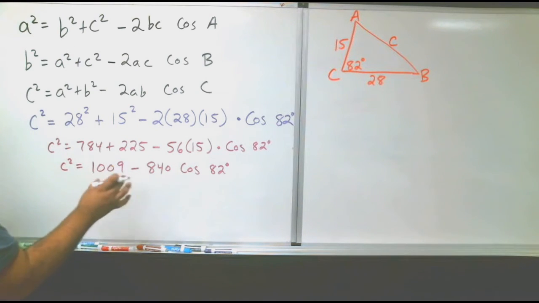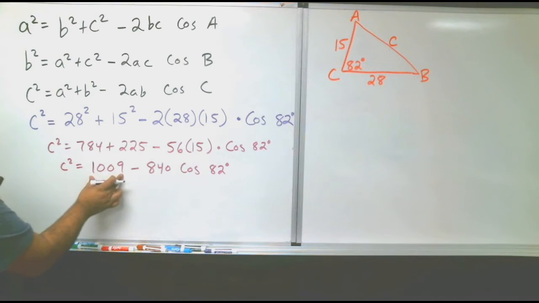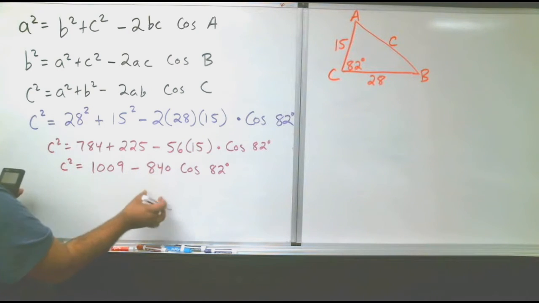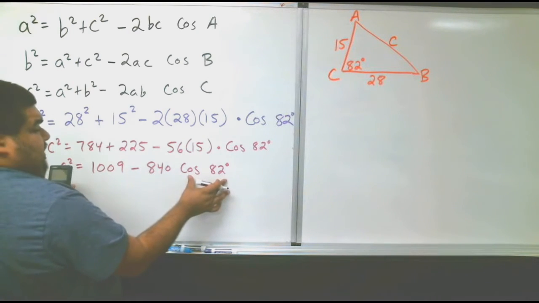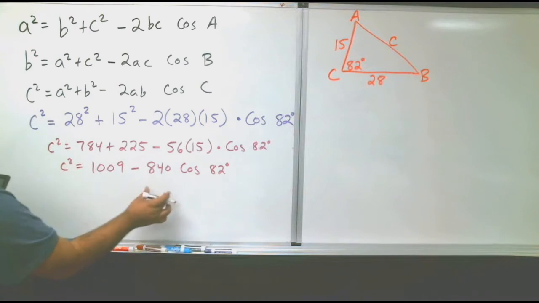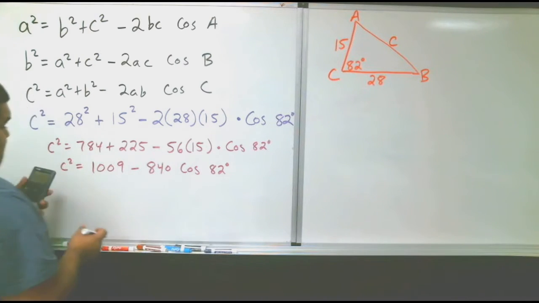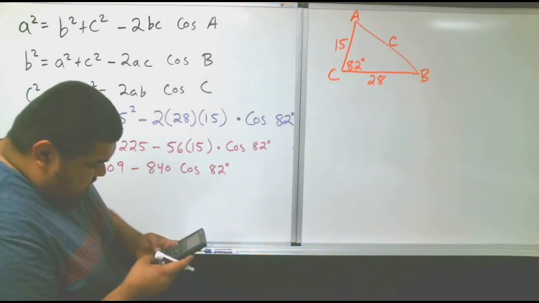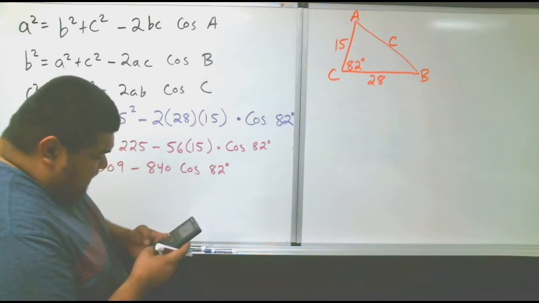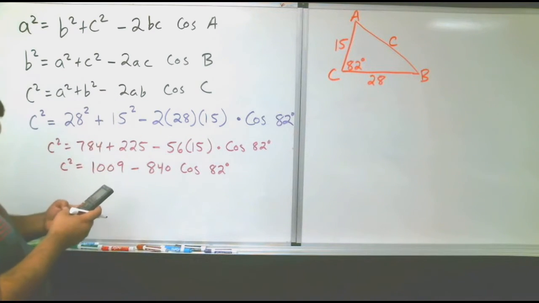Remember, we cannot combine 1009 minus 840 because 840 is being multiplied by cosine of 82. So we have to solve for that part first. So 840 times cosine of 82,